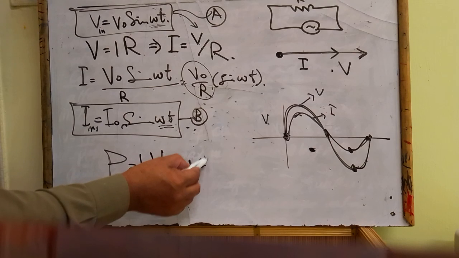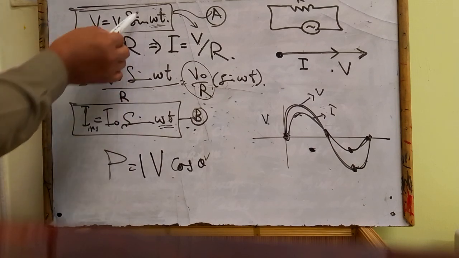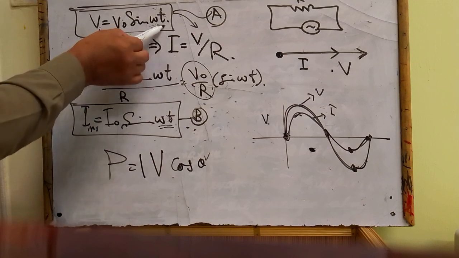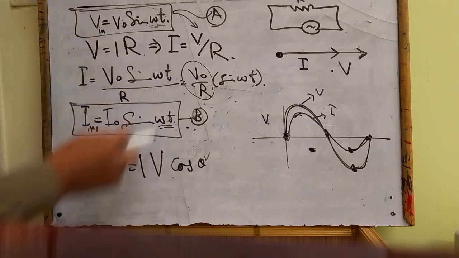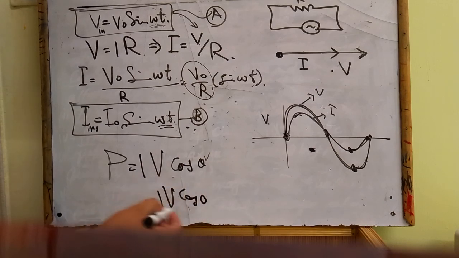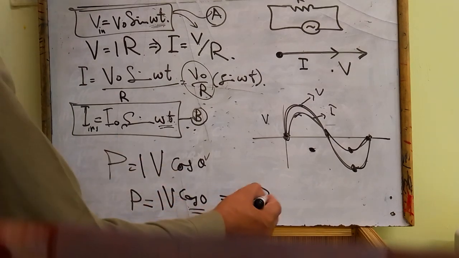What is this theta? This is the phase difference between the two alternating quantities. If their phase angles are the same, it means the phase difference is 0. So we can write IV cos of 0. Cos of 0 is equal to 1 all the time. We know this. So the power dissipated in the circuit is written like